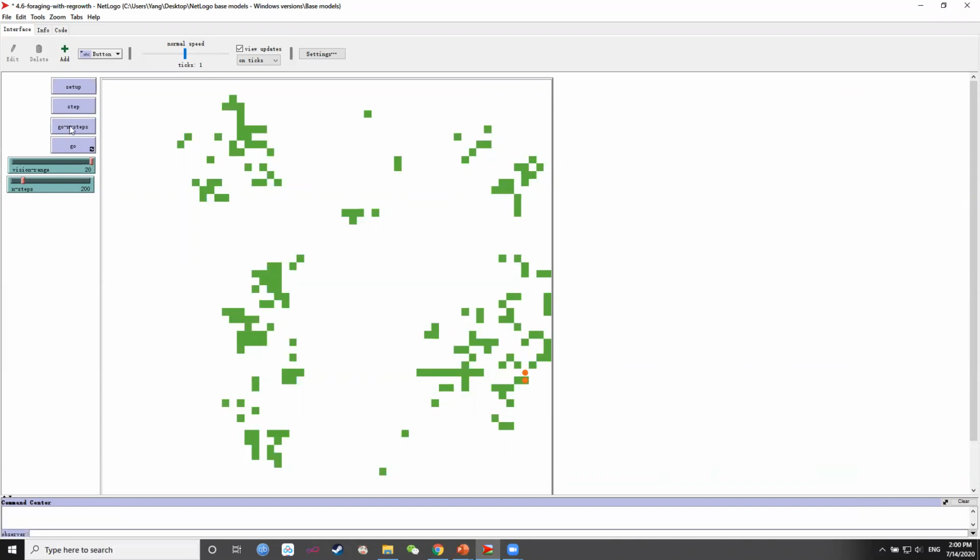Okay, and if we click step, the forager will go to the next nearest site with resources and eat it, or you can say collect it, or any verb you want. And so if I click step, it will search and collect available resources. And simultaneously, you can say there are sites with resources